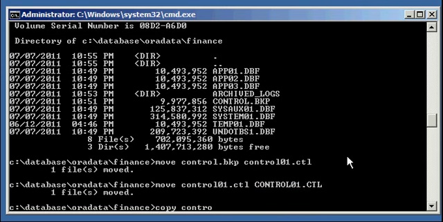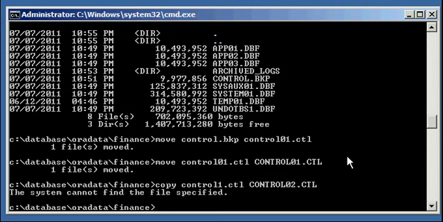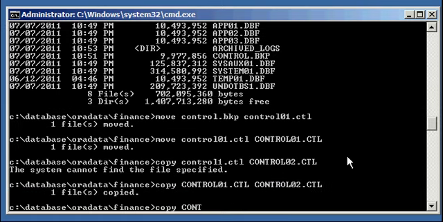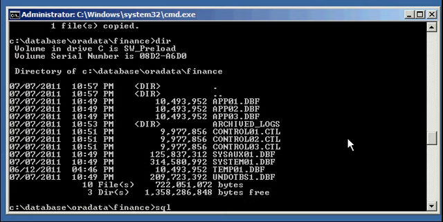And again, if you don't know what I'm doing here, please refer to the how to perform a hot backup on Oracle database tutorial. Alright. And so now that we have our control files back to where Oracle expects them,